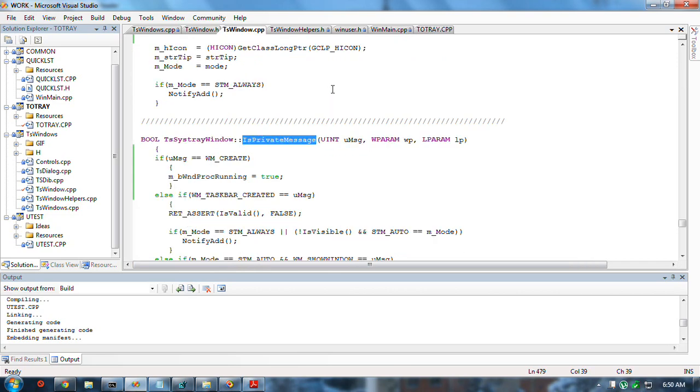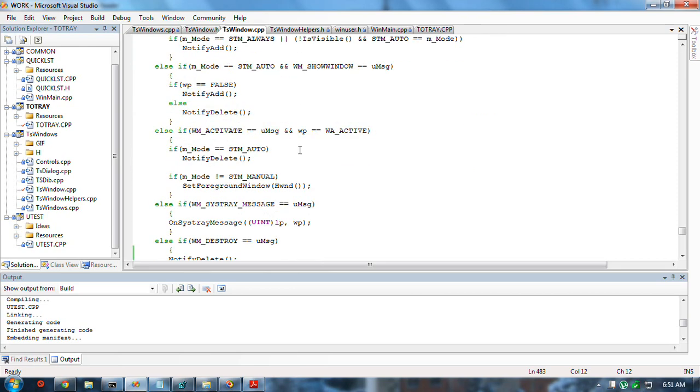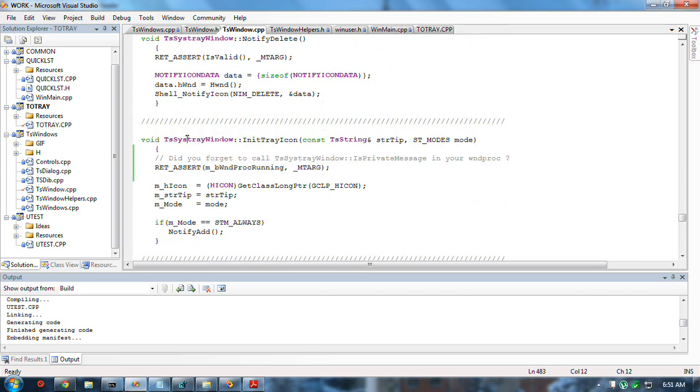So what I did was I invented a Boolean called windproc running, which is a member of systray window. And when I receive a WM_CREATE message, I set it to true. And then in init tray icon, first I assert that the windproc running Boolean is true. So the assertion box comes up when you press OK, or run stop, or whatever the middle button says,